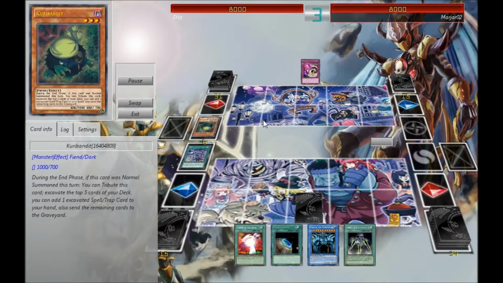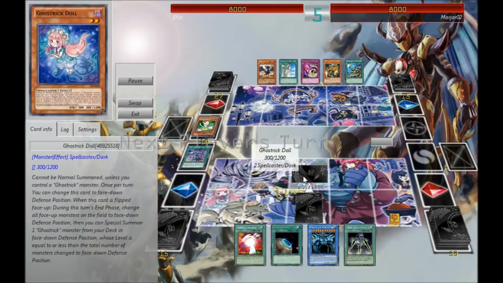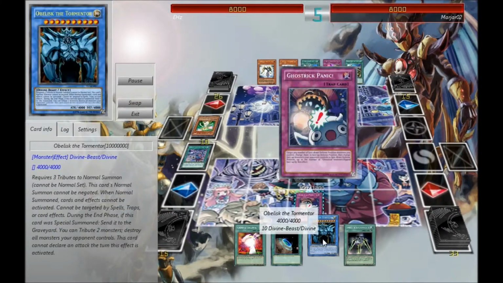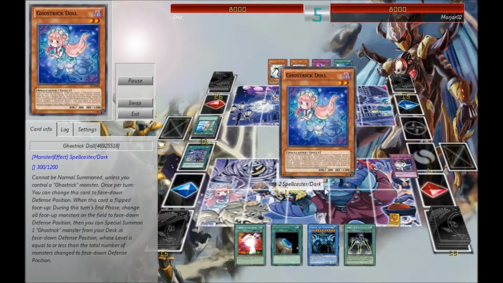At this point, his graveyard's set up because he has the Judgment Dragon in hand, though he wants to go for the OTK. So I'm just going to set all because I have nothing. Like, Obelisk is really dead in hand. So I tried